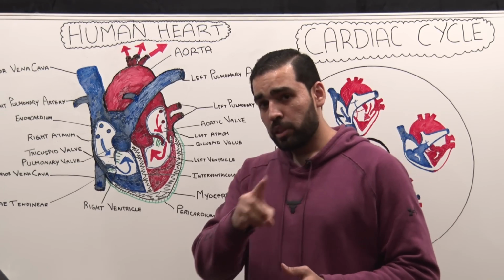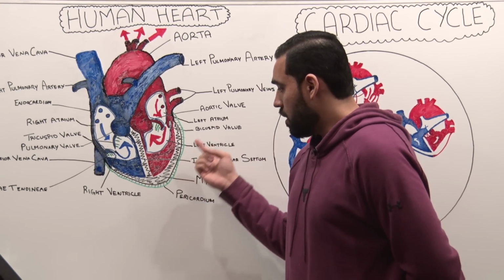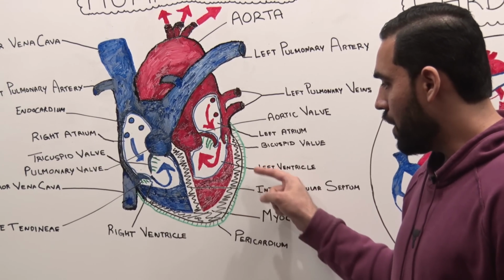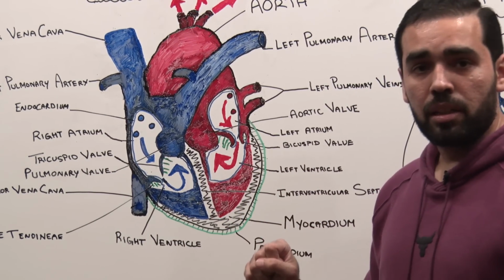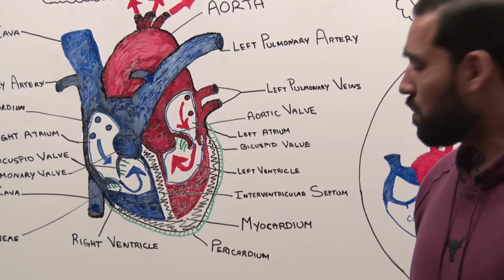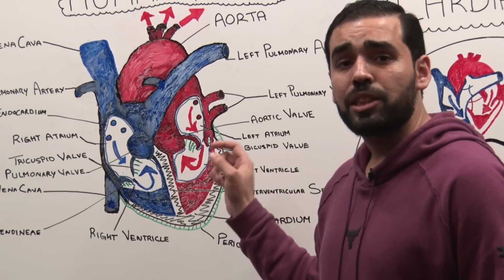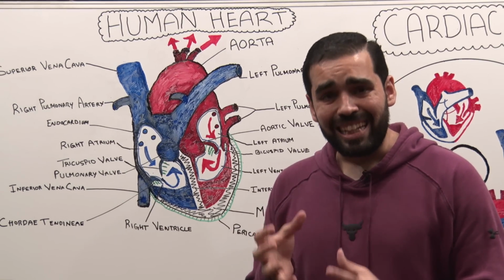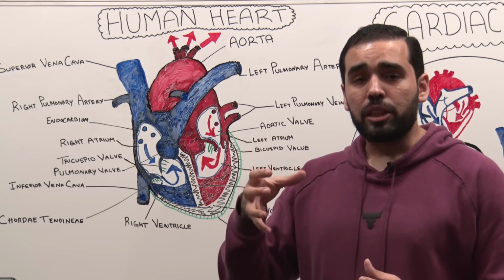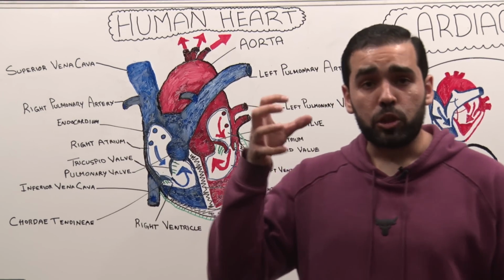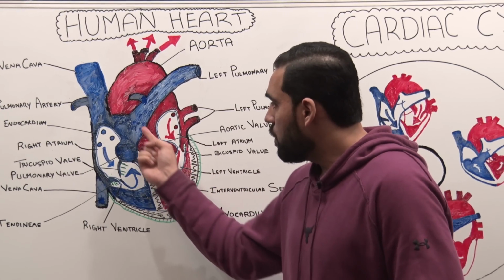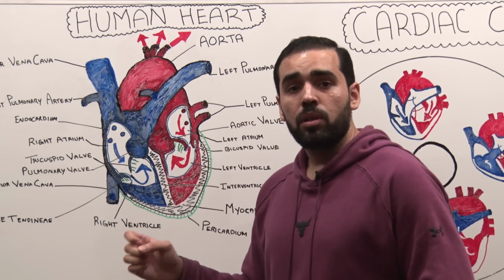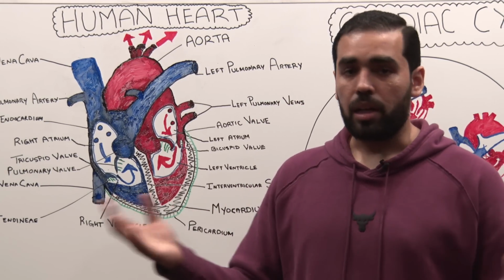That brings me to my next point: you can see that there is a higher muscle mass on the left side compared to the right side. Now why is that? Because the left ventricle needs to pump the blood to your entire body in the systemic circulation, which means it needs cardiac muscle that strongly contracts and generates an extremely high pressure system to pump the blood into the aorta, which we'll discuss further. Whereas the right ventricle only needs to pump the blood into your lungs.